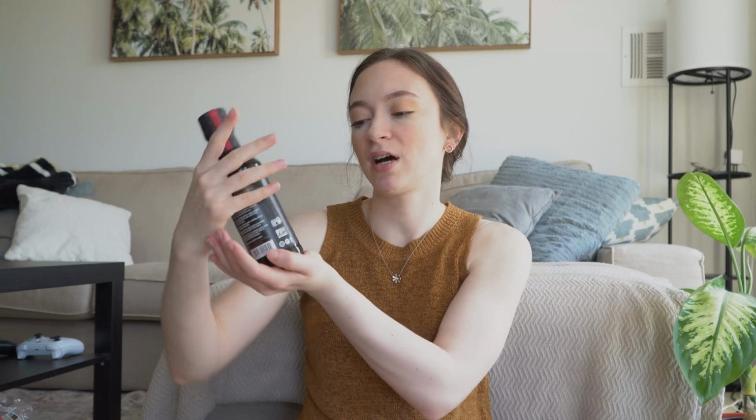It comes in handy. Another thing, always in my pantry is gluten-free soy sauce. This is the San-J, S-A-N-J, Tamari soy sauce. It's gluten-free, non-GMO. I usually use this, or I also have the Trader Joe's coconut aminos currently in my fridge,